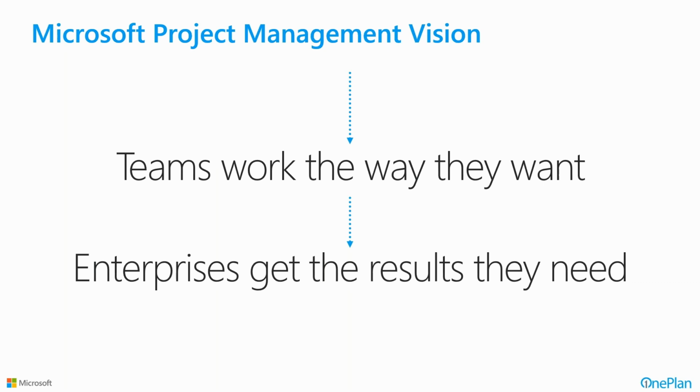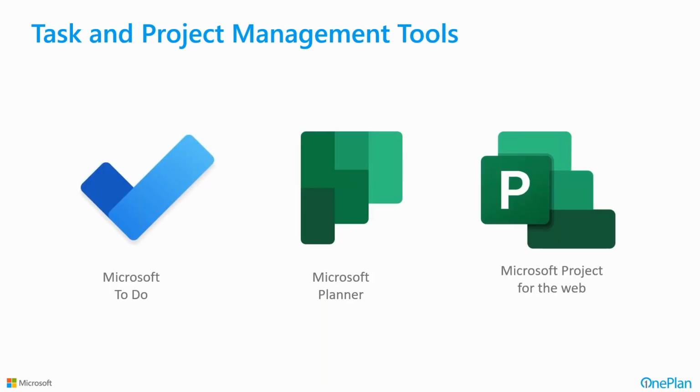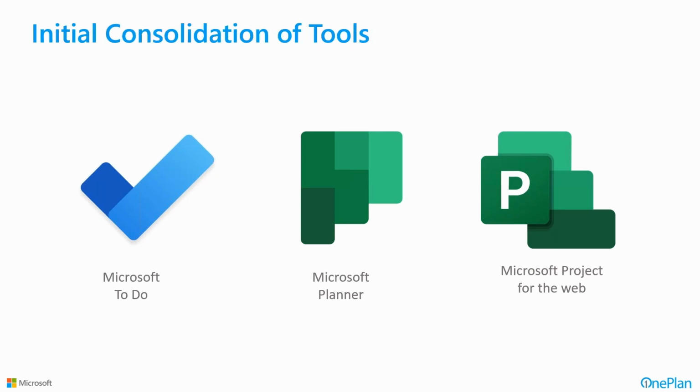So leadership gets the information they need, the PMOs and EPMOs get the information they need. And that was the vision, and is the vision, of where Microsoft is going. So if we think about what was called really the task management hub of things, where we talked about Microsoft Project for the Web and Planner and Microsoft To-Do, which was a place where we could actually capture to-dos and action items in other ways, and actually brought those things together in the initial consolidation of tools,